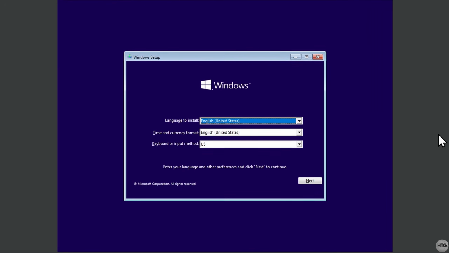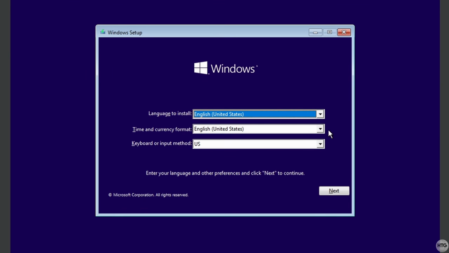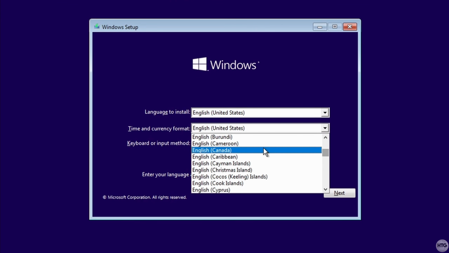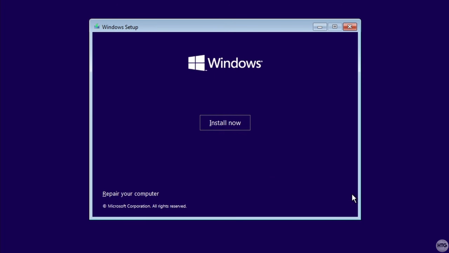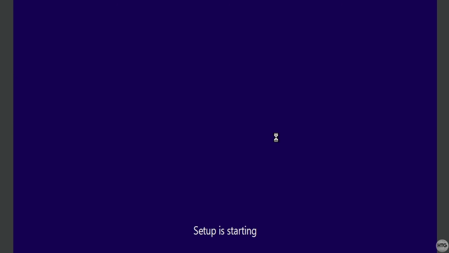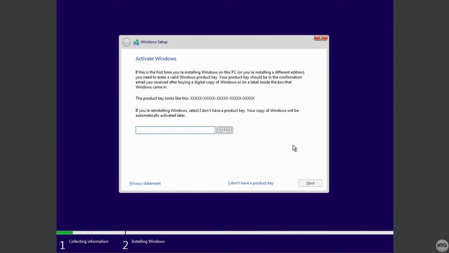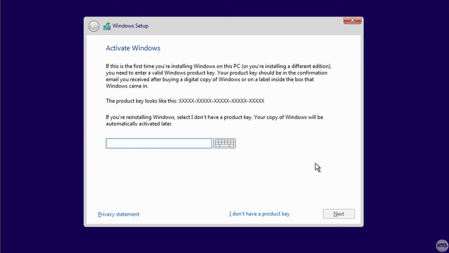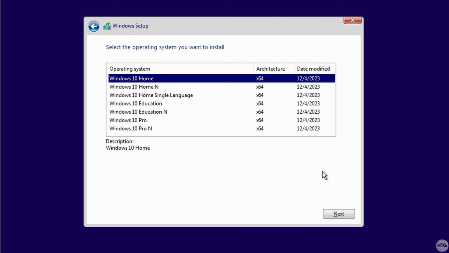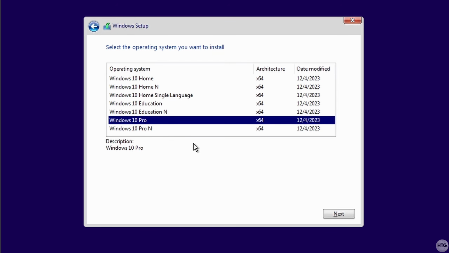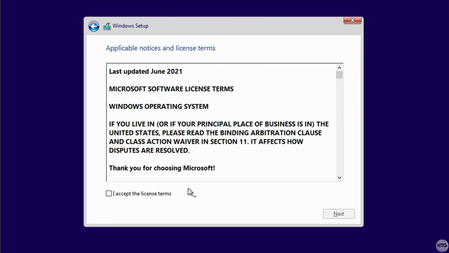Your VM will boot into the Windows 10 setup, so choose your language and time and currency format, then click Next. Then Install Now. If prompted for a product key, you can choose to enter one, or select I don't have a product key. Now choose your preferred edition. In this example, I'll select Windows 10 Pro. Accept the license agreement,